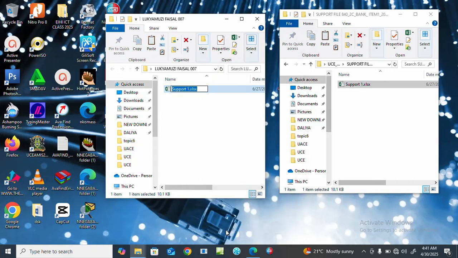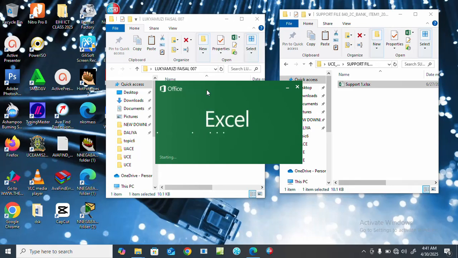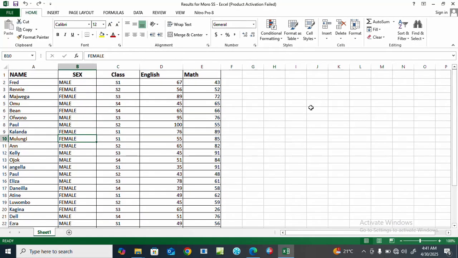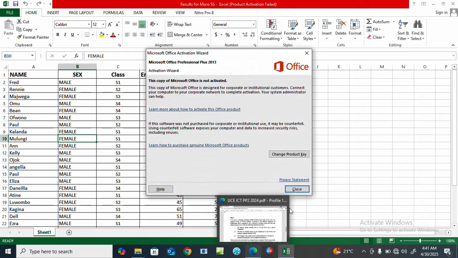Maybe you can say results for more. Let's assume that is the file name which you wanted to use. Then we are going to launch this one. We're going to open it so that we start working on it. Remember, according to the task